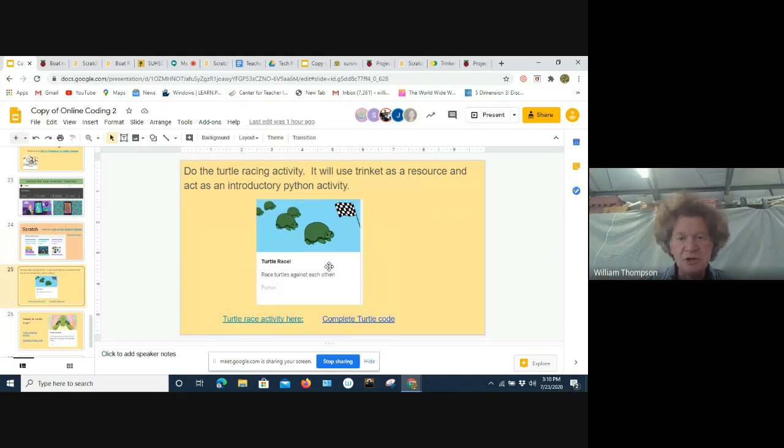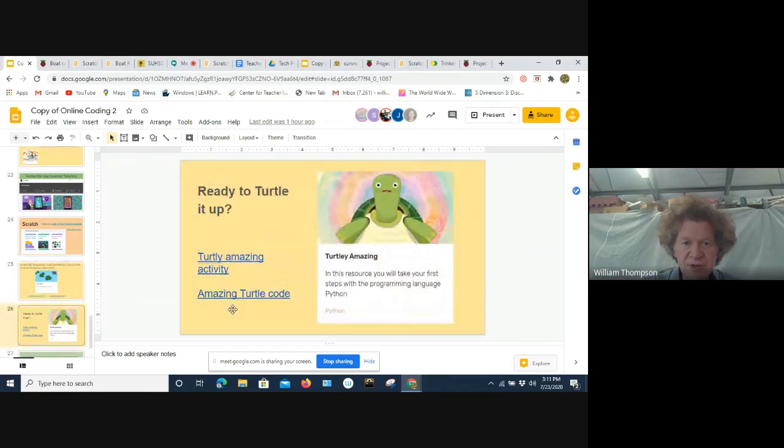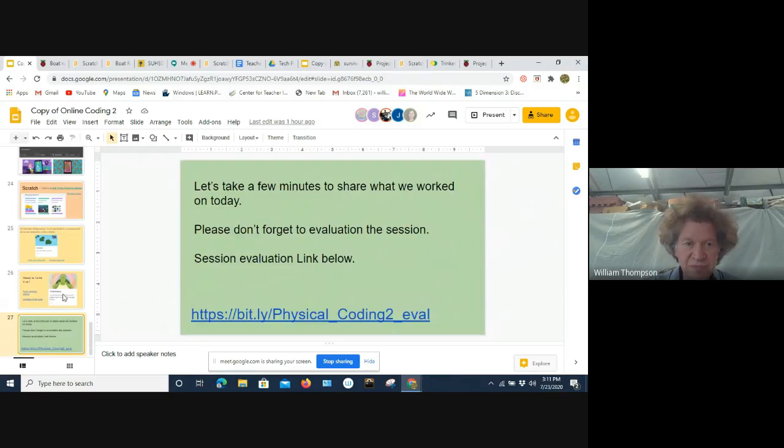Also, I just want to call your attention to some of the other activities on the Raspberry Pi website. There's some on Python, and I thought the turtle race one was pretty good, so I put a link to it here. There's also Turtly Amazing, which draws spirograph pictures using code and little turtles that leave a colored trail behind them. I think that's a fun one also. And again, the HTML CSS activities on the Raspberry Pi website can be done without actually having a Raspberry Pi.